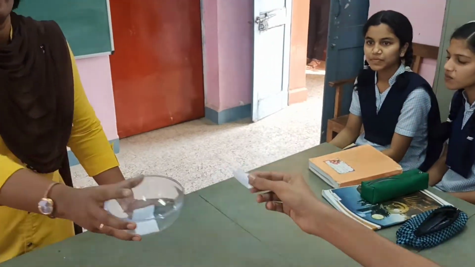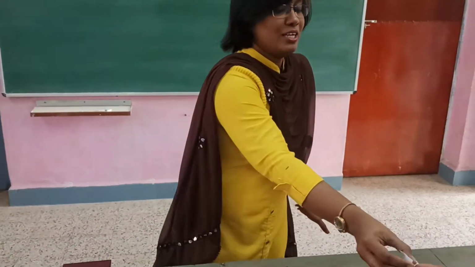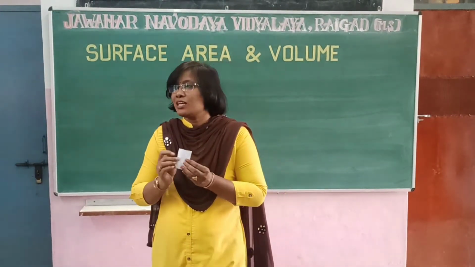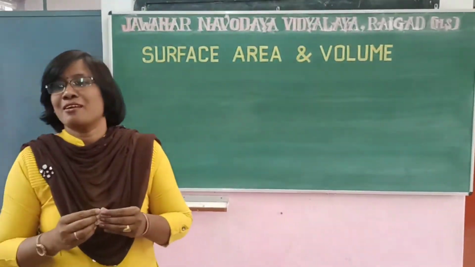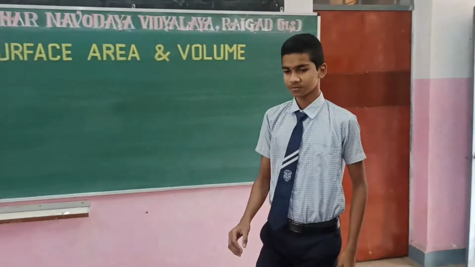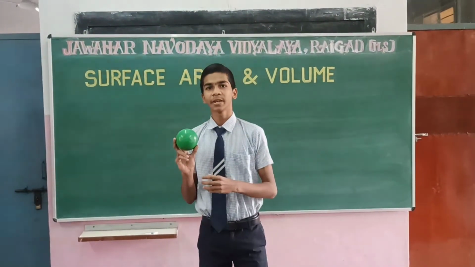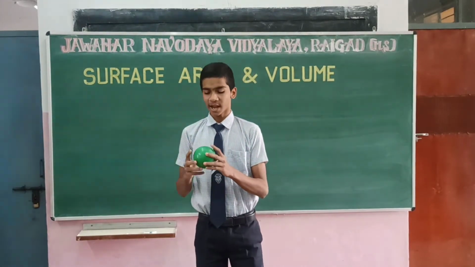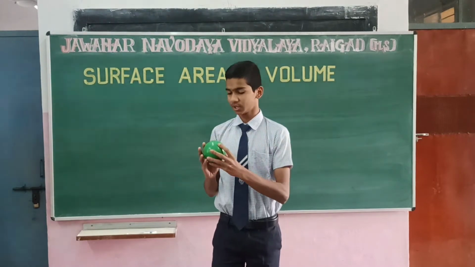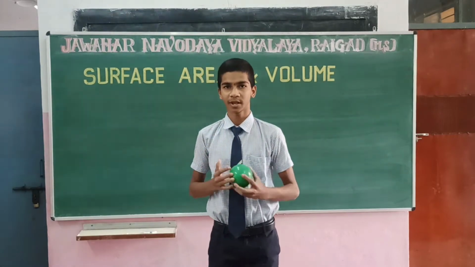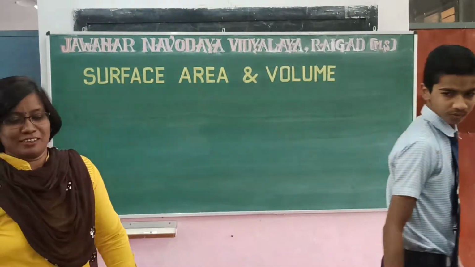Kulkarni, pick one. So Ashirvad Kulkarni has given one chit. Guess the lucky person. Karan, come here. Where is he? This is the sphere of radius r. The total surface area of a sphere is 4 pi r square, and the total surface area of a sphere is equal to the curved surface area of the sphere. So the curved surface area of a sphere is also 4 pi r square. Thank you. Fantastic.